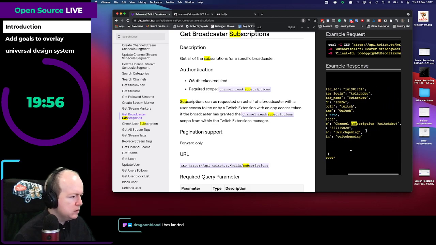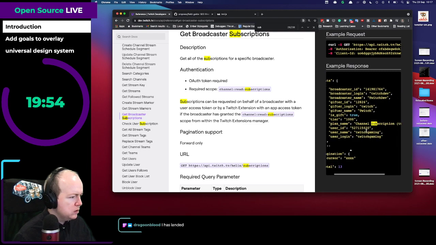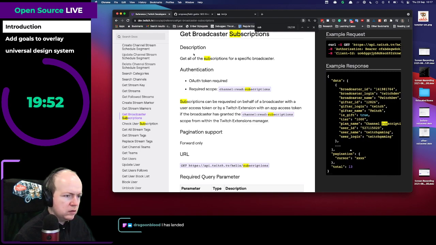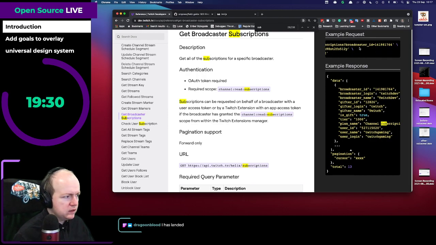Get all the subscriptions for a specific broadcaster. Broadcast login, gift ID, gifter login, gifter name. Does that mean that it's going to get all of the subs that I'm subbed to? Or does that mean that it's going to get all the subs that